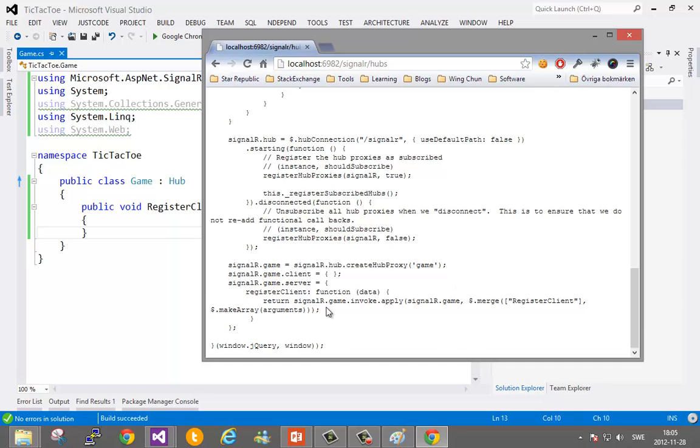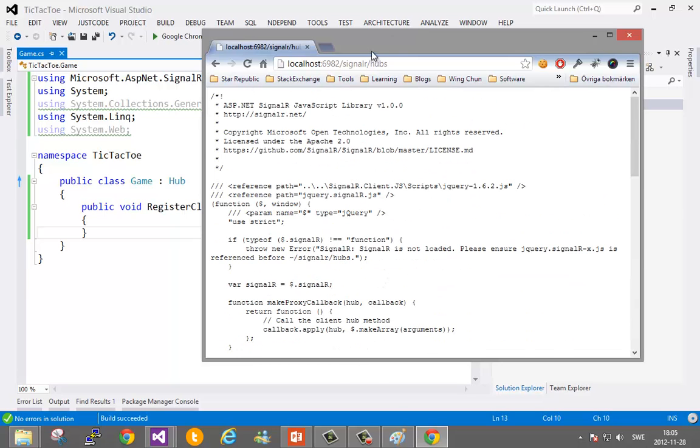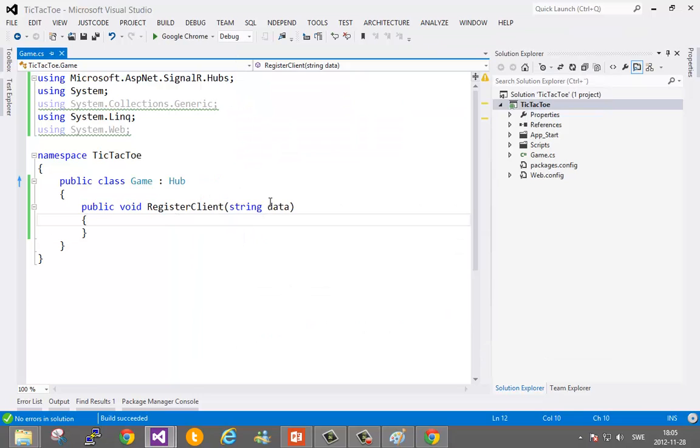So I can use my JavaScript to directly invoke this if I include this JavaScript. And the JavaScript for hubs is always in /SignalR/hubs. All right, so what I'm going to do now is have a couple of methods here. I'm going to allow for a client to register. I'm going to allow for a player to look for a game if the player is registered. And I'm going to include some CSS and JavaScript that I have pre-written to make this all much smoother. So what I want to do here in my find